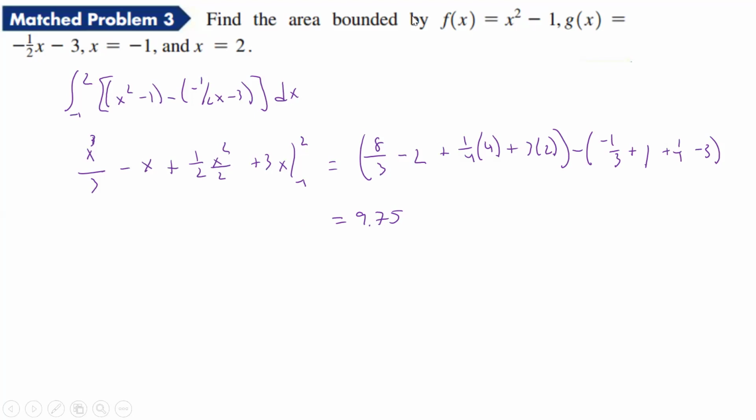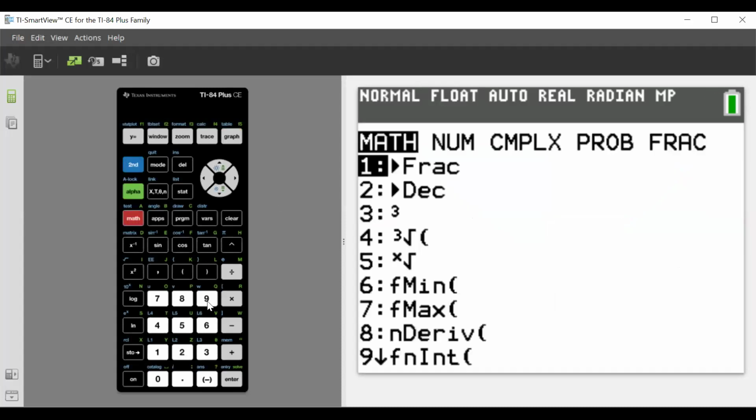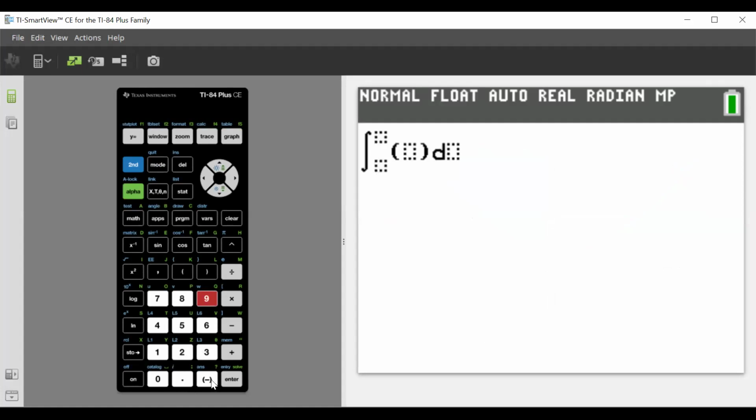Now, a nice thing with this, let's just do it for this problem. We'll have to do it for other problems in a little bit, but let's go and get out of here and let's do math 9. Let's go, and this one was from a -1, and again, you have to use that negative, up to 2, and I'm just going to type it in as we have it. So we had x squared minus 1, and then I'm going to subtract off from that, and I'll just put the next piece in parentheses, minus 0.5x, and then I had minus 3, and then in parentheses, and then dx,